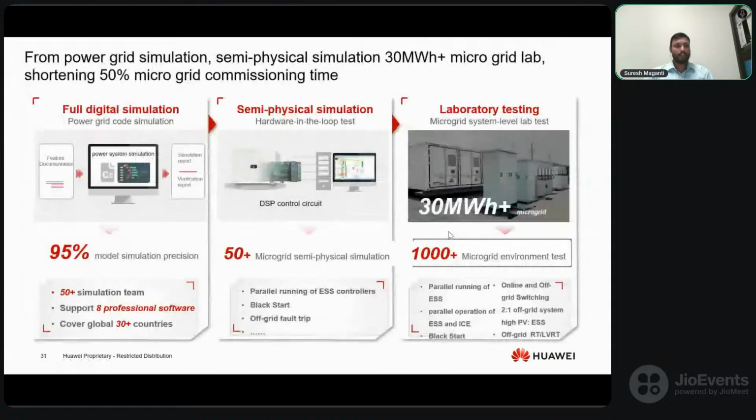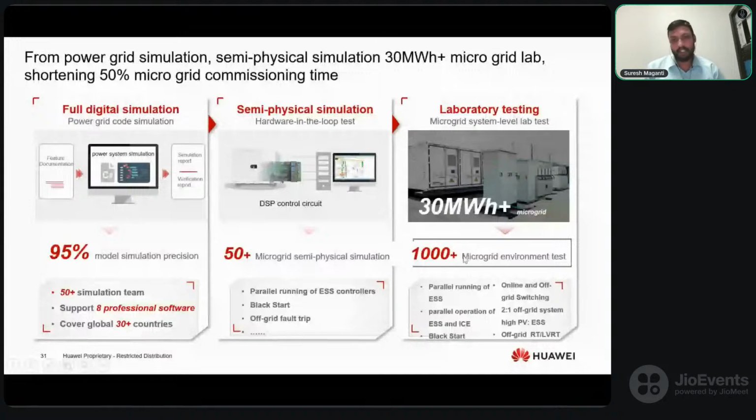So you can see, mostly the simulation will use various software to develop all the physical simulations, and also semi-physical simulations, that is with real-time digital simulators. So the PCS will be integrated with HIL experimentation. It will be embedded and validated with semi-physical simulation, and then it will be tested in a real